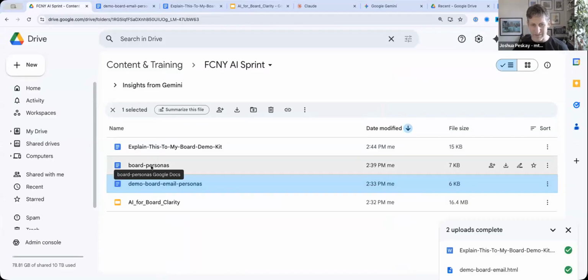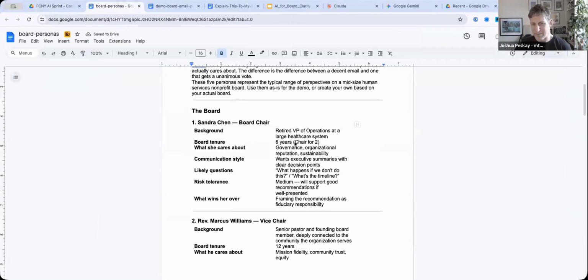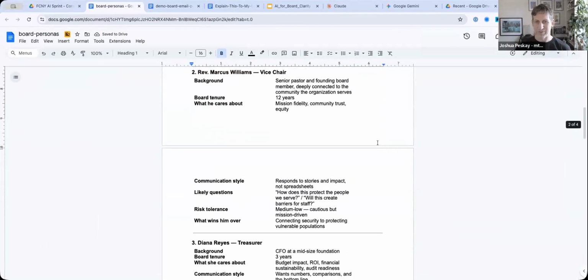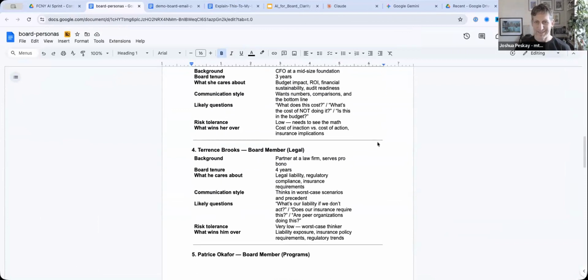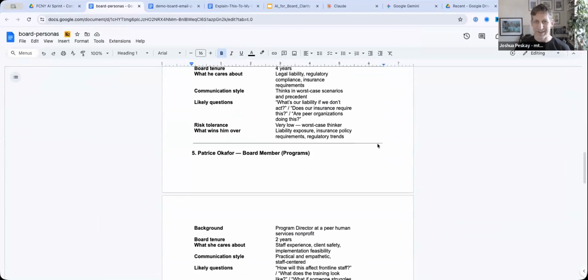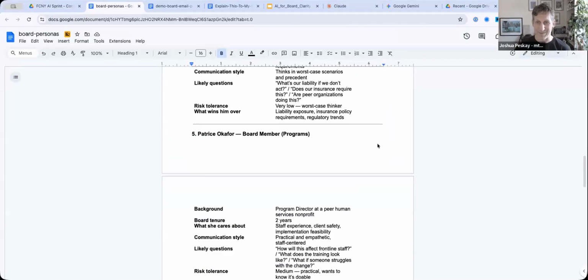And the last thing that's in that folder, I just have a sample of what my very simple board persona document looks like. That just makes personas. And I use these all the time. All of my clients that I work with, I have persona databases for them, for the people that I work with there. And when I'm communicating with them, I use that, especially if it's a critical communication. And hopefully I